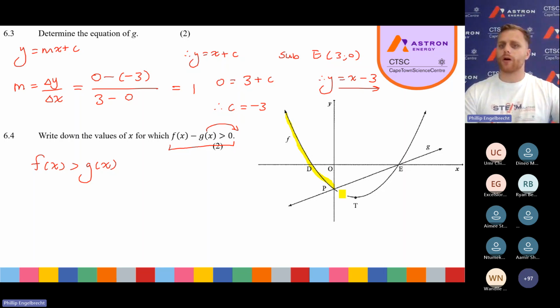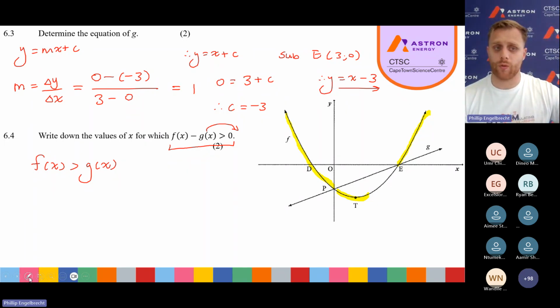When I get past point P, you see that for a moment, f of x is below g of x. Then I get to point E, and from point E onwards, I see that f of x is again bigger than g of x. So therefore,